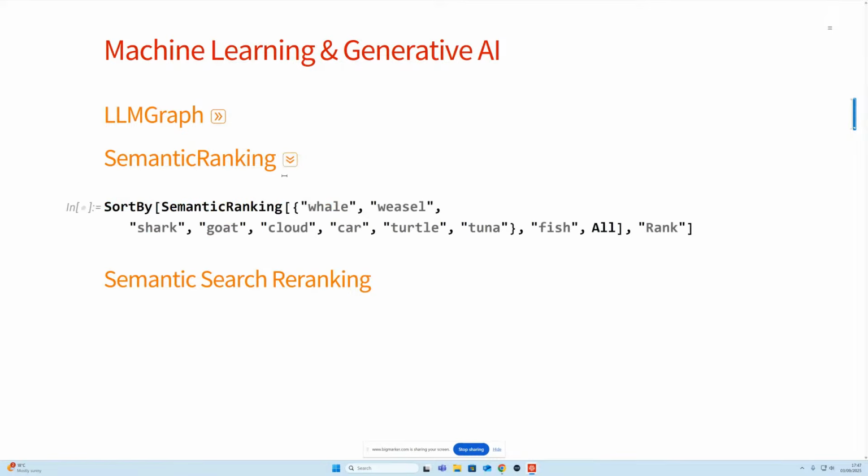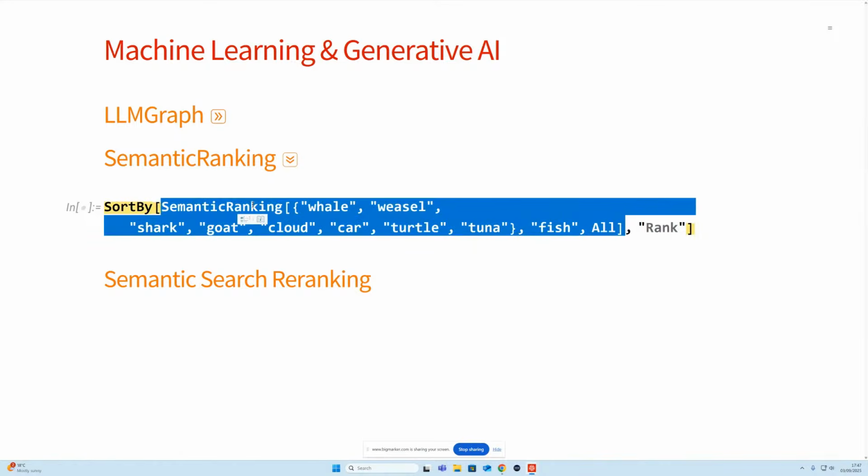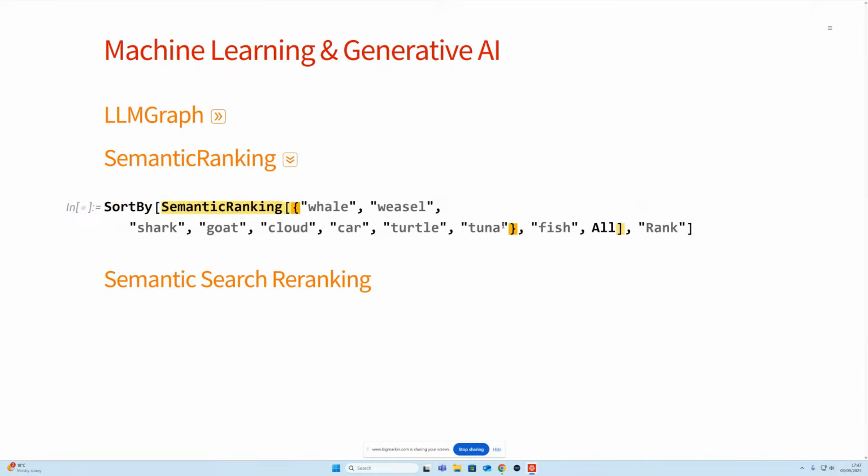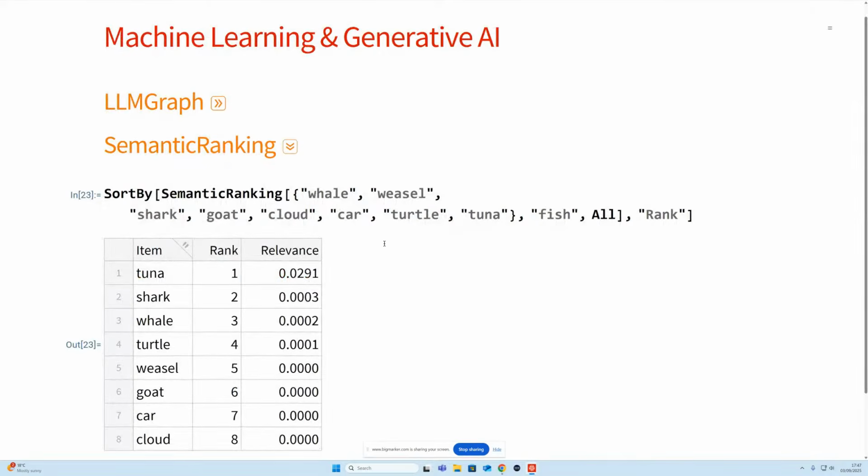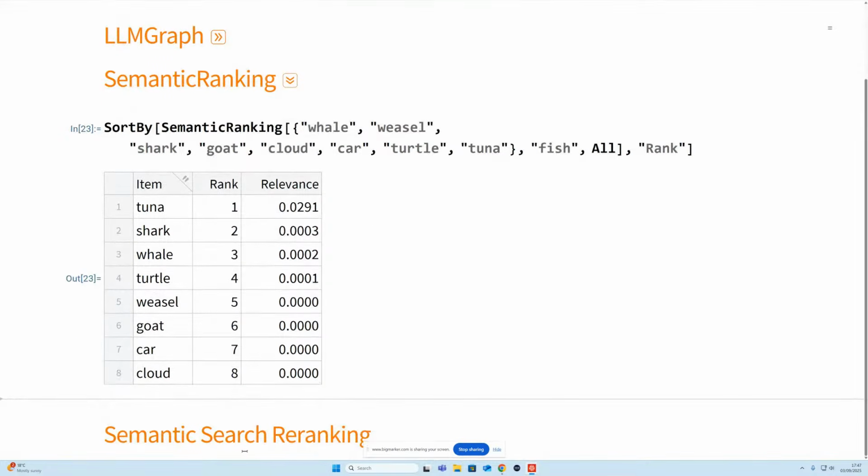So we've now exposed more internals of semantic ranking, the function it depends on. Before, semantic ranking could tell you which of these words was most like fish, but now we can actually return the level of match, as well as the rank. In this case, I want all of them. And we can see here that tuna is the highest rank match, but we actually have the relevance score. Now, the reason why that's useful is there's also a new option, semantic search re-ranking,